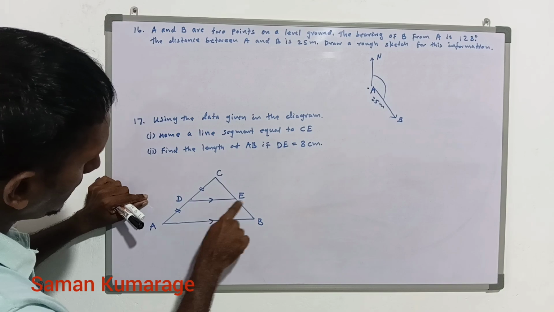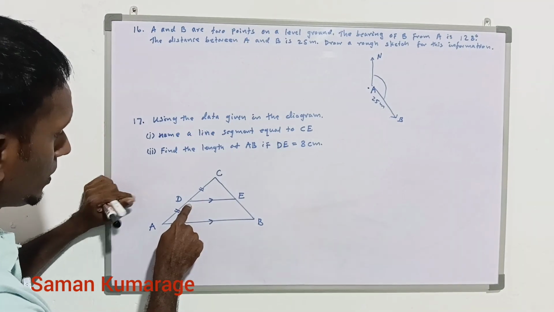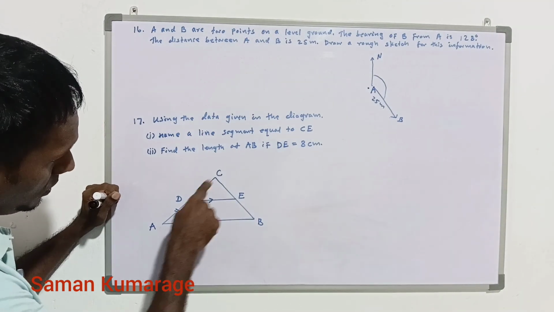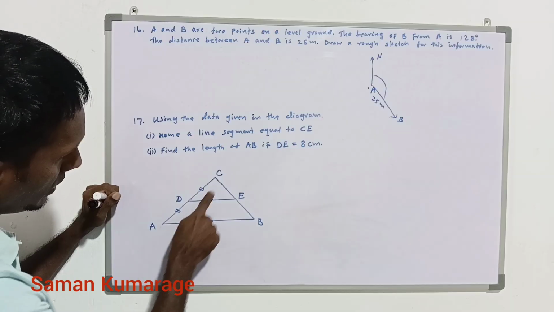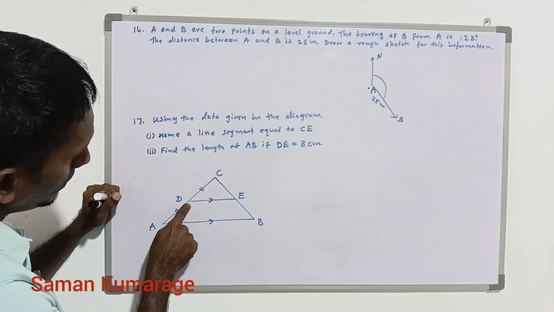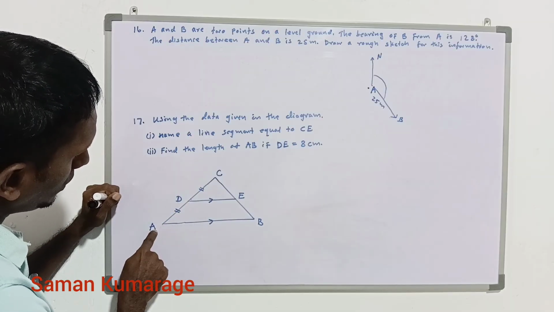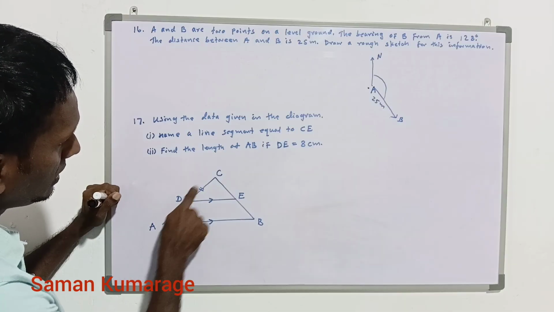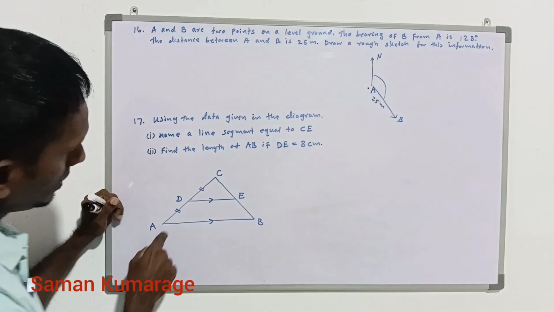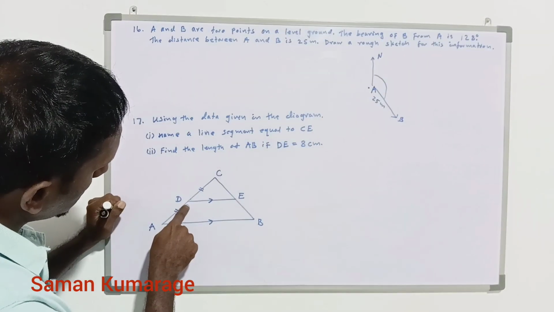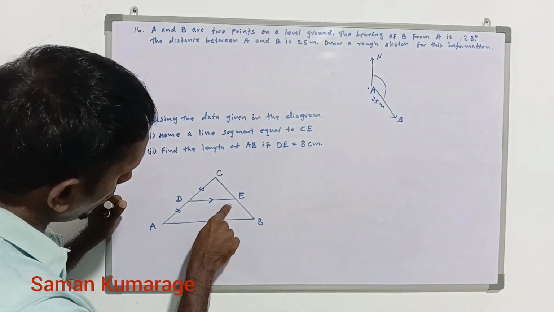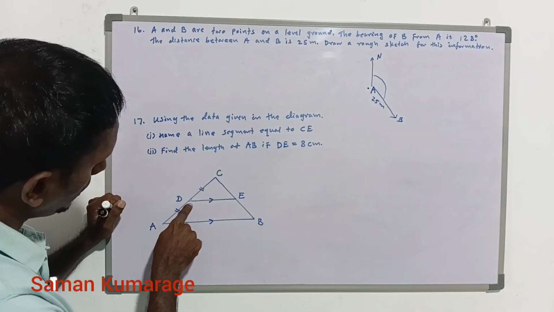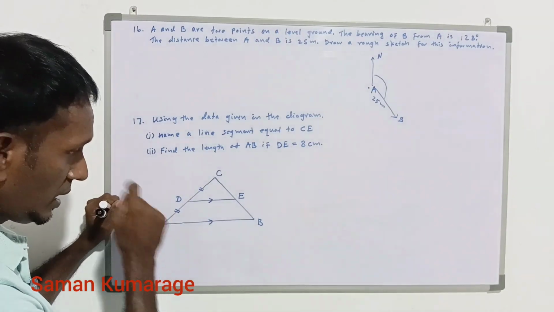Which line? The line DE, drawn from point D. Point D is the midpoint of AC, that's why AD is equal to DC. It is given. So a line drawn from the midpoint of one side of a triangle